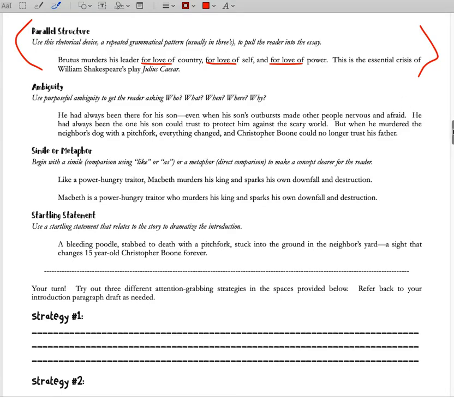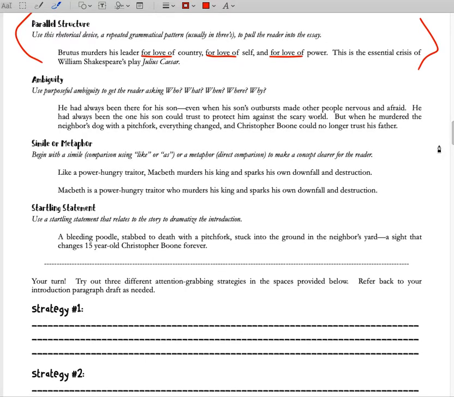You can use ambiguity. Use purposeful ambiguity to get the reader asking who, what, when, where, and why. So an example: he had always been there for his son, even when his son's outbursts made other people nervous and afraid. He had always been the one his son could trust to protect him against the scary world. But when he murdered the neighbor's dog with a pitchfork, everything changed, and Christopher Boone could no longer trust his